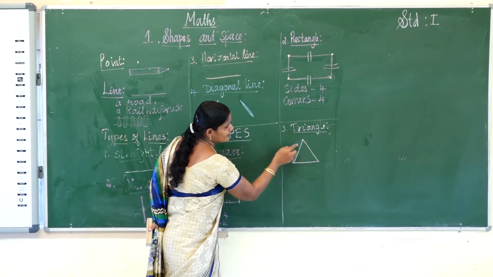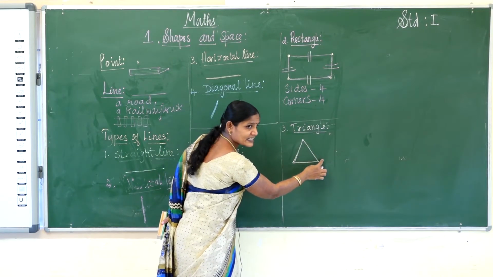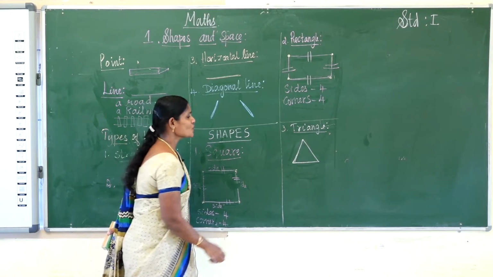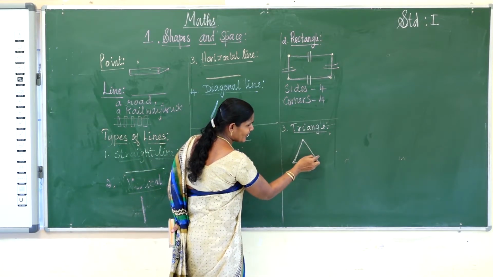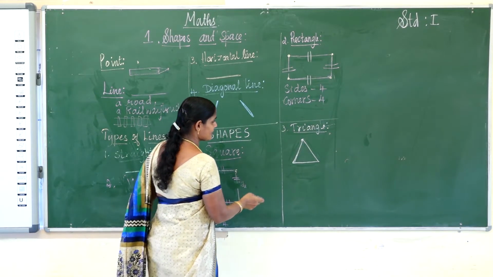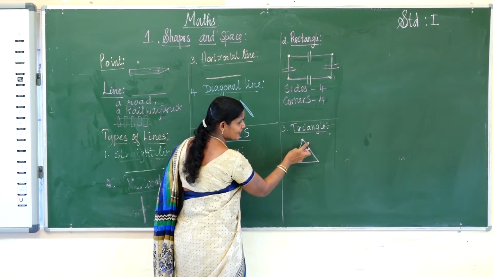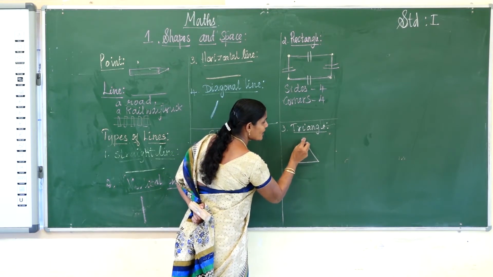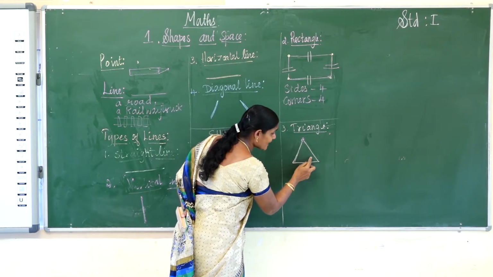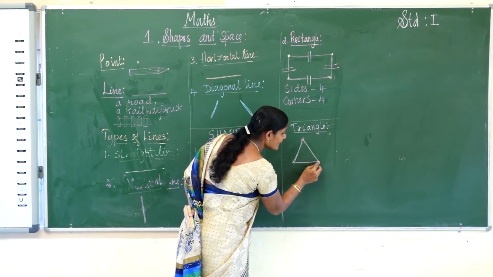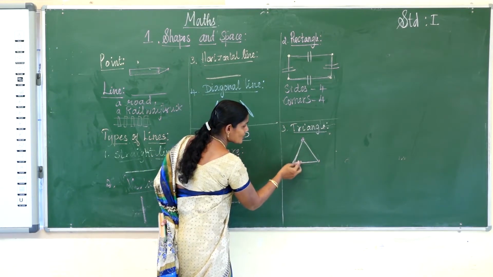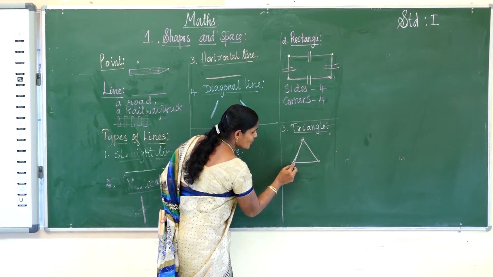This is the horizontal line. This is the diagonal line. This line is the diagonal line. This is the horizontal line. This is the triangle. So these two diagonal lines are joined together. This is one diagonal line. This is another diagonal line. These two diagonals are joined here itself. Okay, this is one corner. This diagonal line and this horizontal line are joined here. This is the second corner. Then this horizontal line and this diagonal line are joined here.